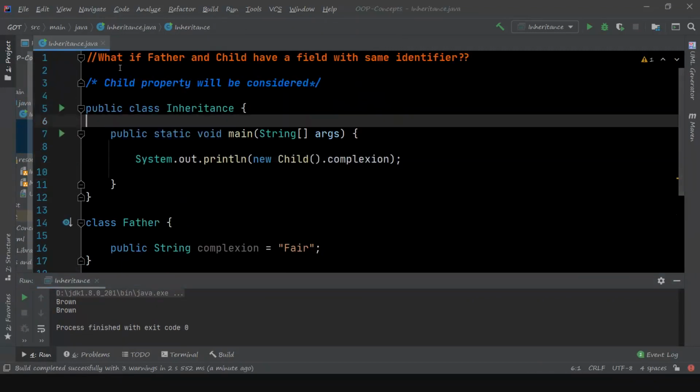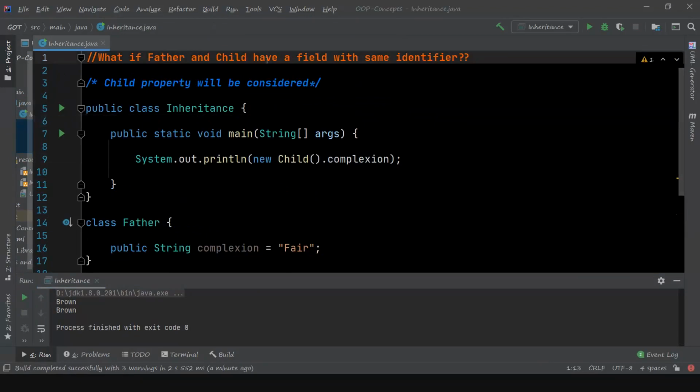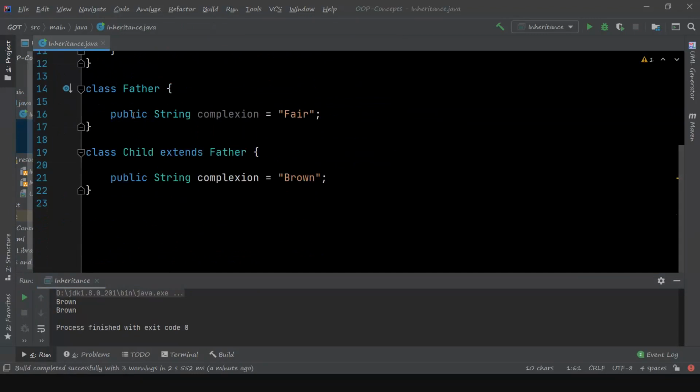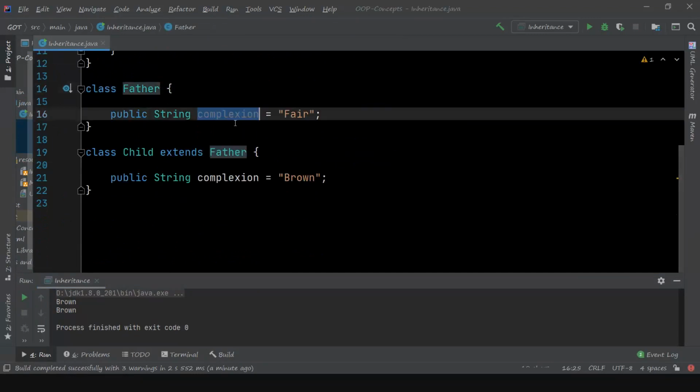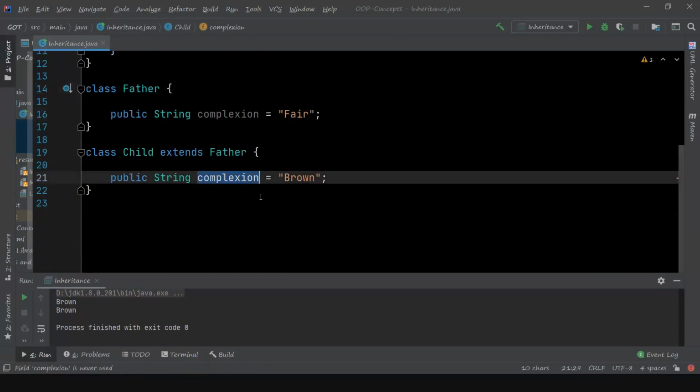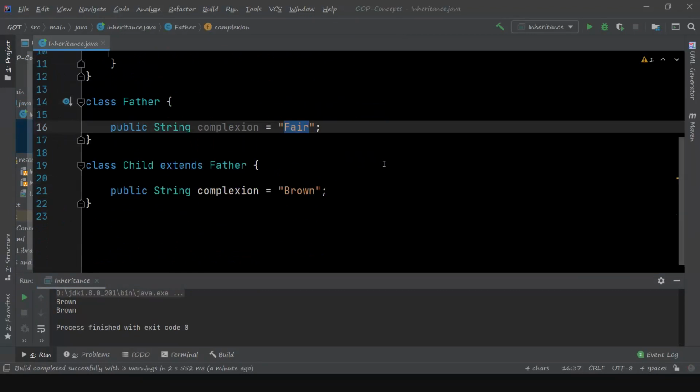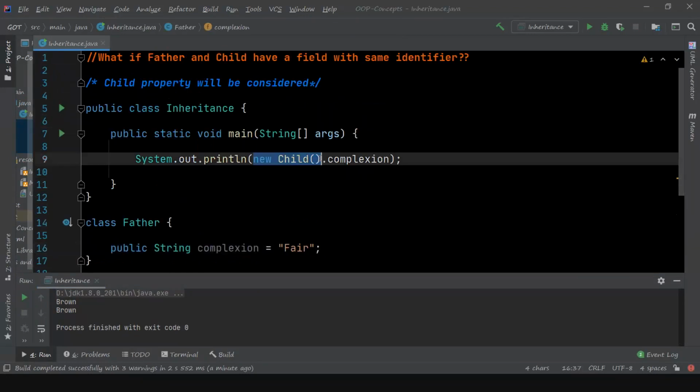Next question is, what if father and child have a field with the same identifier? Let's look at an example. Suppose father has complexion and the child also has the same property complexion, but the child's complexion is brown and the father's is fair. What happens if I create a child object and print the complexion? You can see that it will be printed as brown.